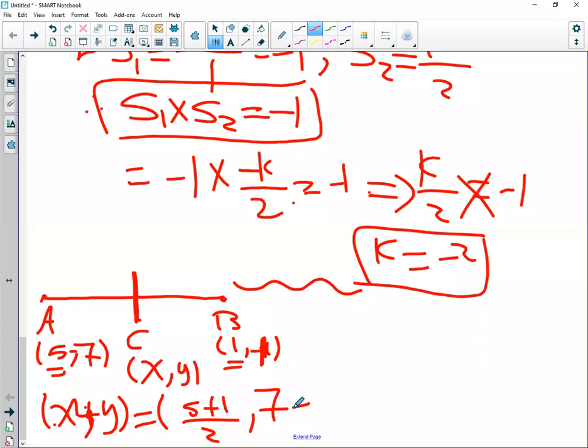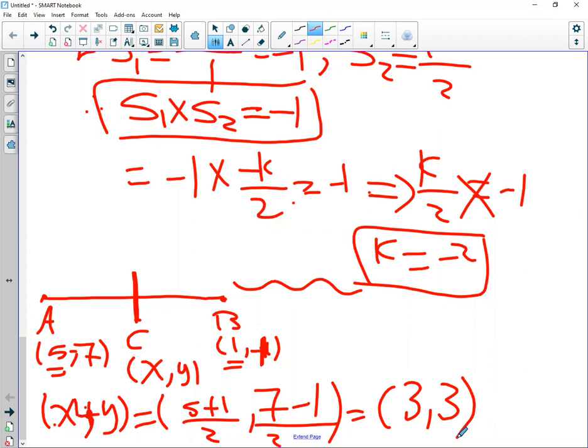Minus -1, 7 -1, divided by 2. So the result, the ordered pair: 5 plus 1 equals 6, 6 over 2 equals 3. This is the first projection, and the second, 7 minus 1 over 3, equals also 6. 6 divided by 3 equals